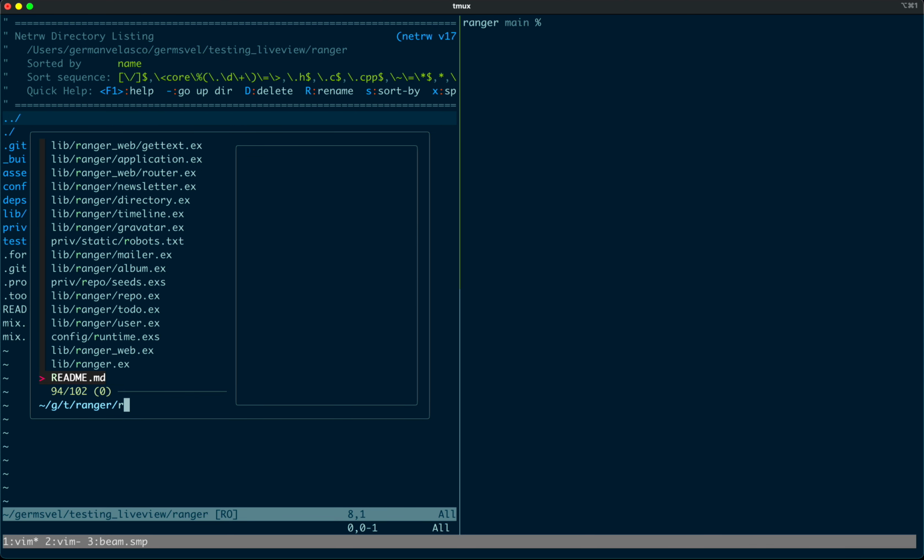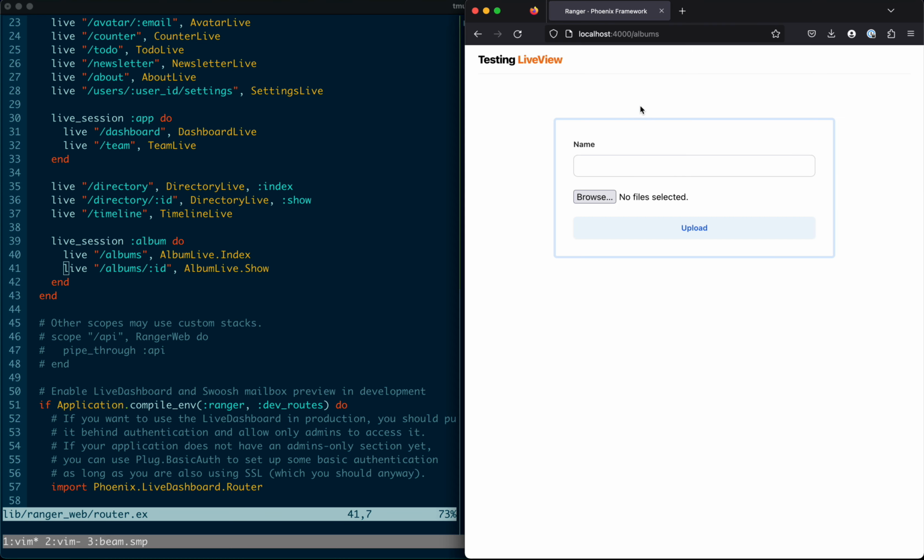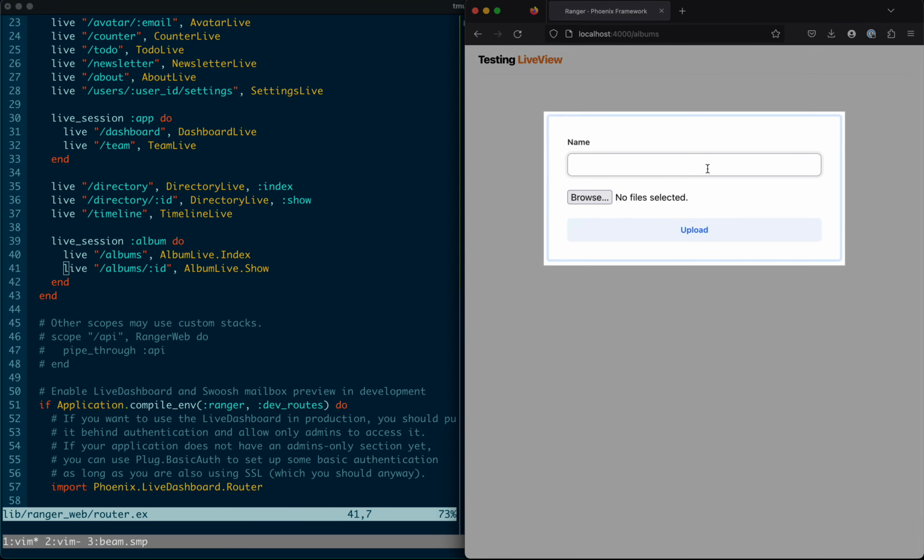If you look at your router, you'll notice we have a couple of live views related to albums, the album live index and the album live show. If you open up your browser and go to /albums, you'll notice that this is the index page, and here we can create a new album. Let's take a look at how this works. We can input a name, say Hobbit Home,